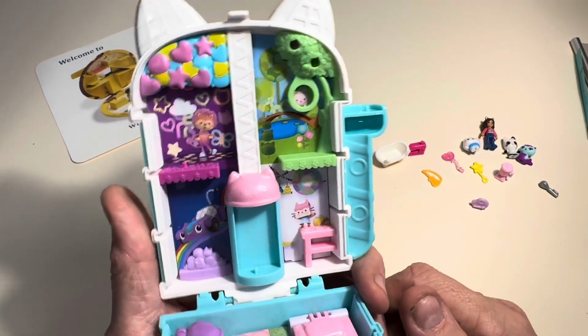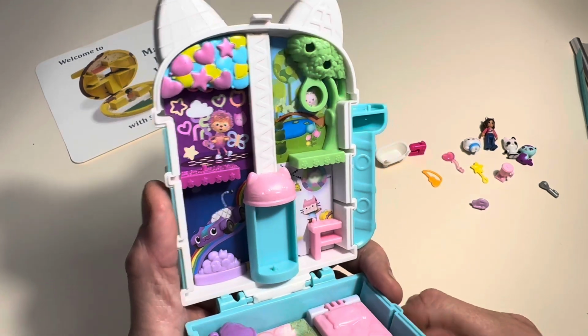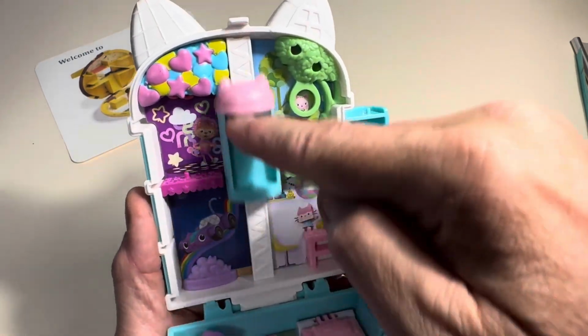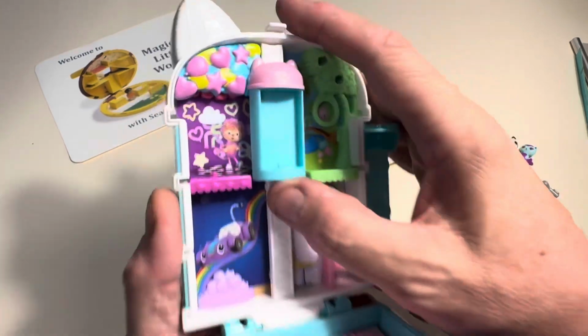I recently did the series of Minions, six Minions playsets. Each one has an elevator, and you just can't move that elevator. It's awkward. It just doesn't move smoothly. So this one clearly does. Oh, hello. I didn't notice this. When you click the elevator in place,